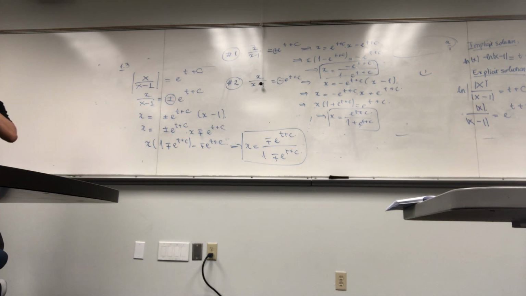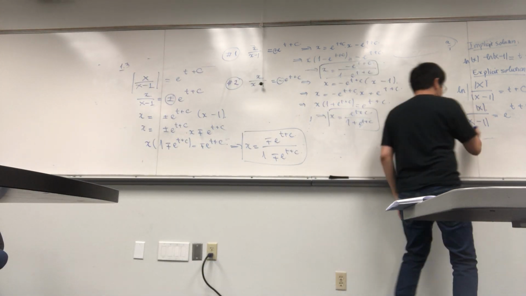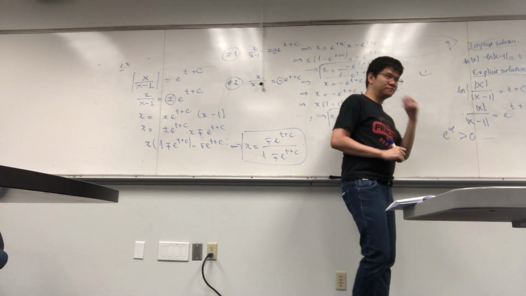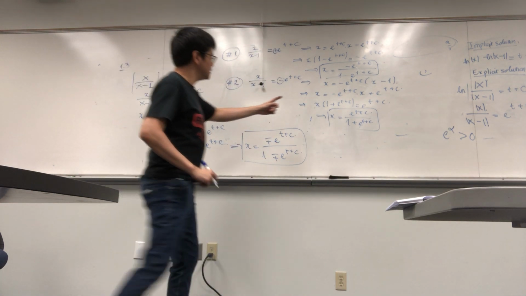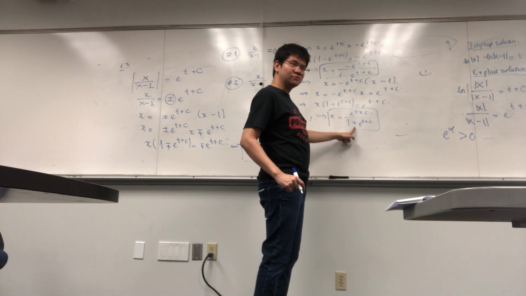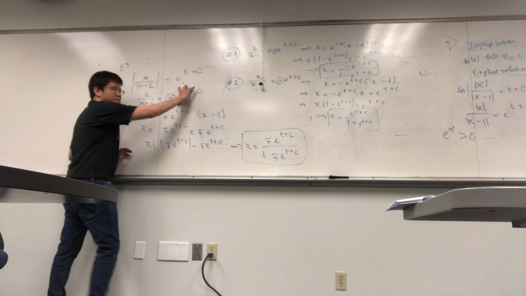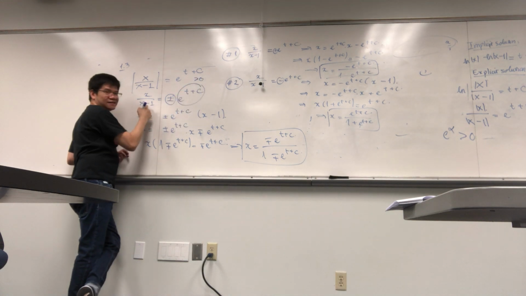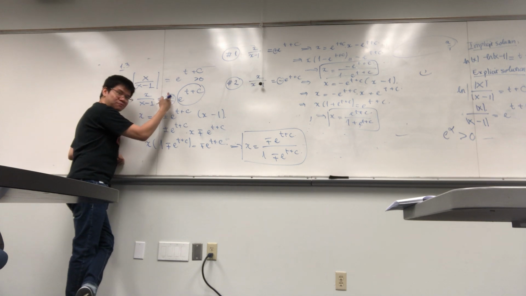E to the power of anything is positive, right? Yes. E to the c is always positive. E to the alpha is always positive for all alpha. So does it matter if you have the plus and minus? Yes, it matters, because here you have minus minus, here you have plus plus. So there are two different functions, right? Right, so this is positive. This is true, this is always positive, but this guy is not positive. x over x minus 1 can be negative, right? So this is why I have to put plus and minus,